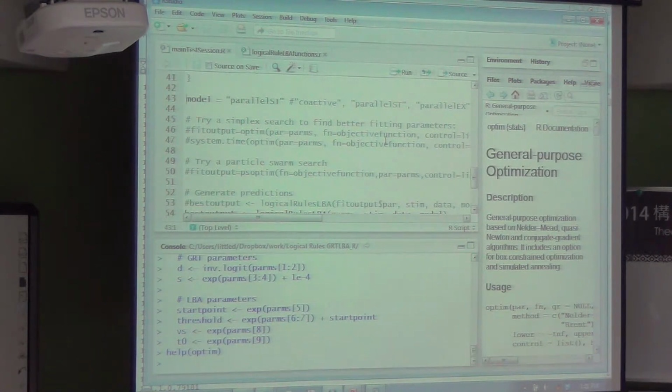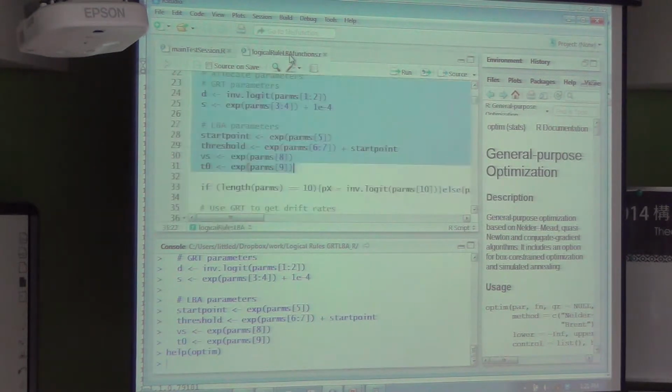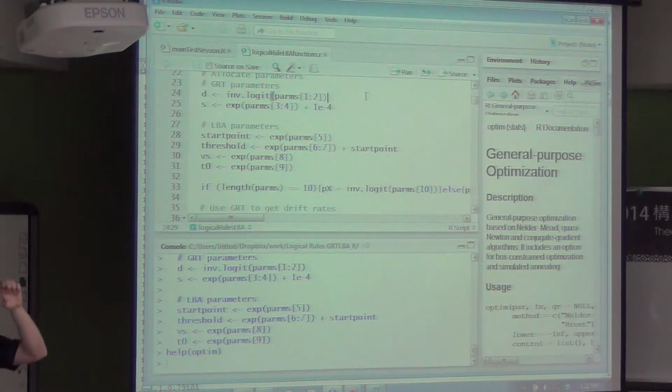It likes you to have fully real valued parameters that range from negative infinity to positive infinity. So what I've done out here is actually transform these parameters so that they can take on that range, and then inside the function, I've retransformed them out of that. So if you recall, the positions of our items, our values on each dimension, were 0, 1, and 2. So that location, one of the parameters, or two of the parameters that we have, are the locations of those decision boundaries.